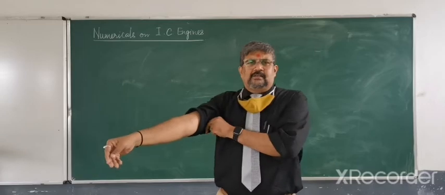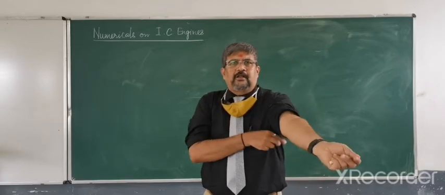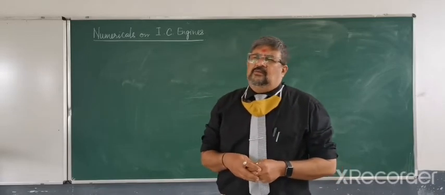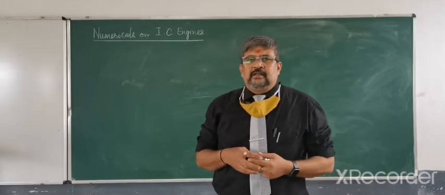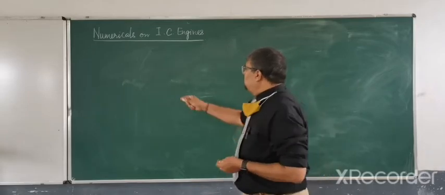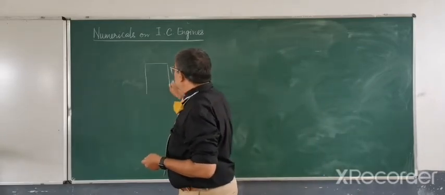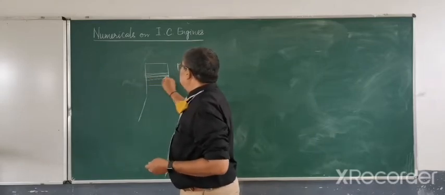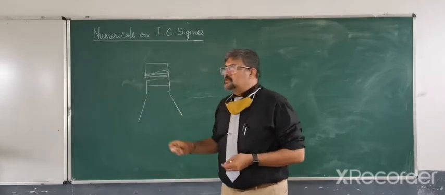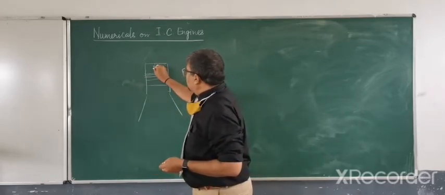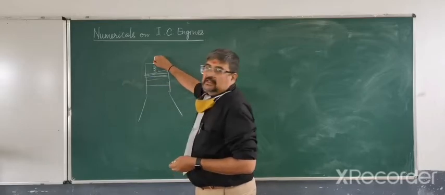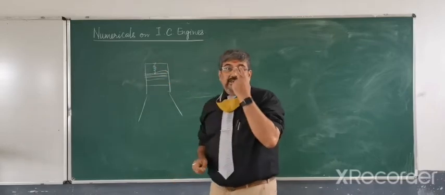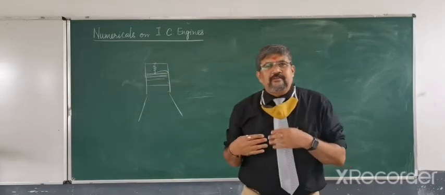Now, is there any mechanism, is there any way which we can adopt to find out the value of mean effective pressure? A lot of research has been done, and one of the ways, which is actually extremely difficult, is this: suppose I have a piston cylinder arrangement. So, this is the cylinder and we have the piston here. Normally what they do is they attach a kind of a spring from the cover end. They attach a spring to the top of the piston and see how this spring varies.